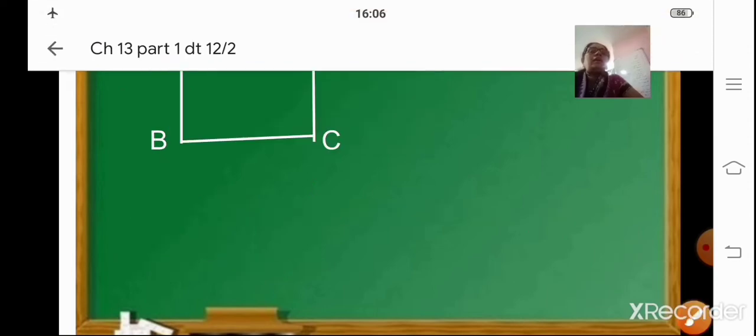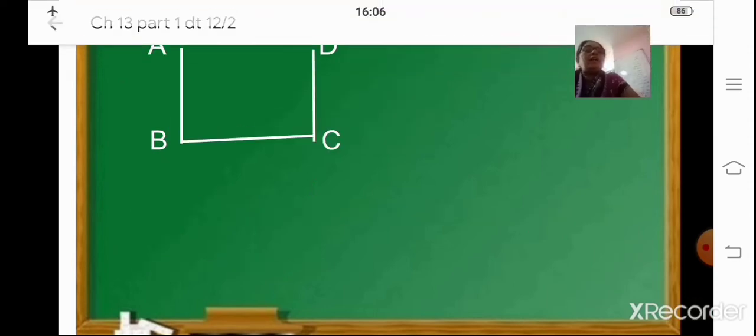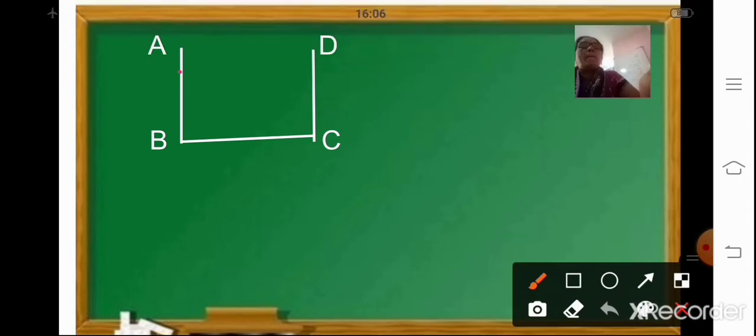Now let us take a look at this figure. Now in this figure, when we start from the point A, we move along to point B, and then from AB to BC, and then from BC to C, D. Now after D, we cannot move to the starting point that is A. Why? Because it is an open figure. So we cannot find the perimeter of an open figure. So only in a closed figure it is possible to find the perimeter, whereas we cannot find the perimeter of this figure. Why? Because it is an open figure.